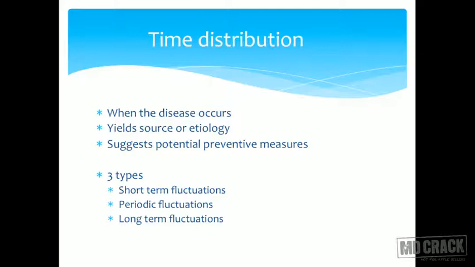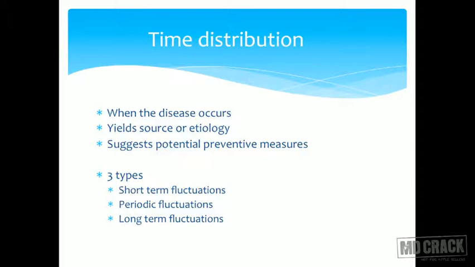So even the disease can vary in a day. There are some diseases which vary on a daily basis. Say, for example, a kind of malarial fever you have, in which the fever alternates on alternate days. So one day you have fever, the other day you do not have fever. On the third day you again have fever. So these are examples of time distribution.